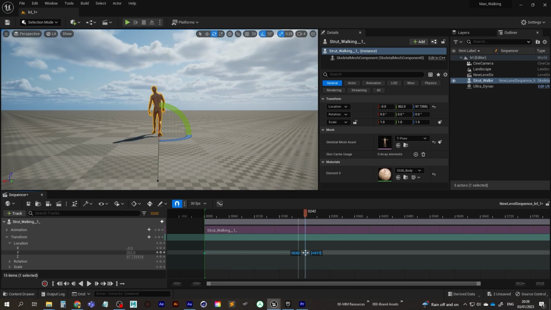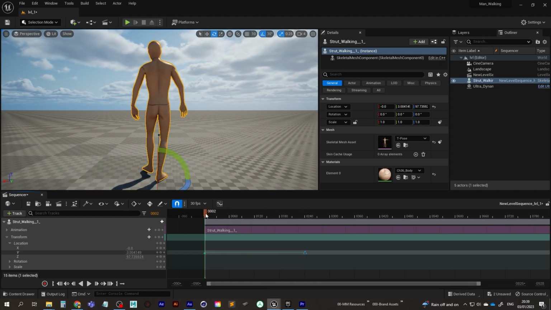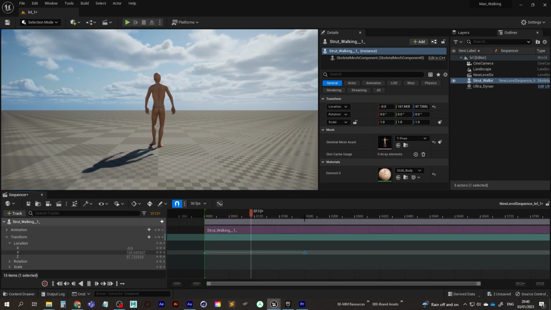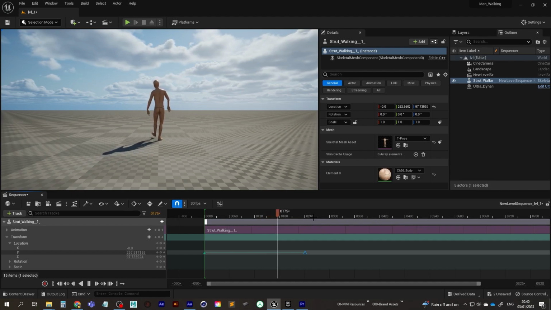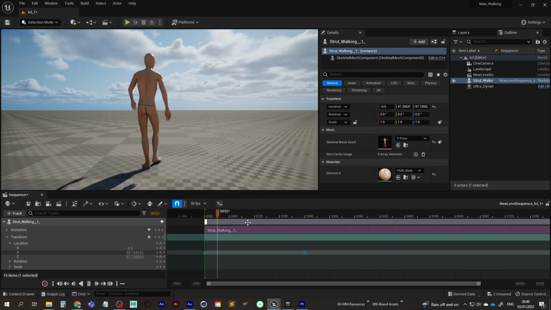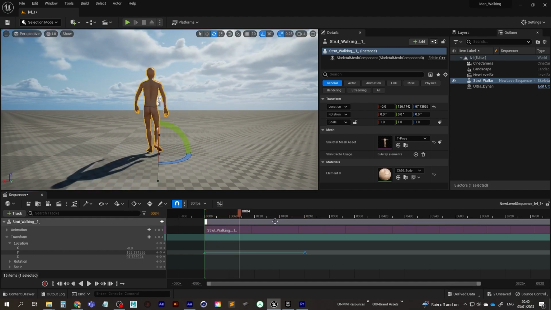See, I want this to be around something like 240 frames. So I do want this last keyframe to be around that position, around the 240 mark. I don't want each clip to be longer than that. So we're going to have to just push him further along the y-axis.